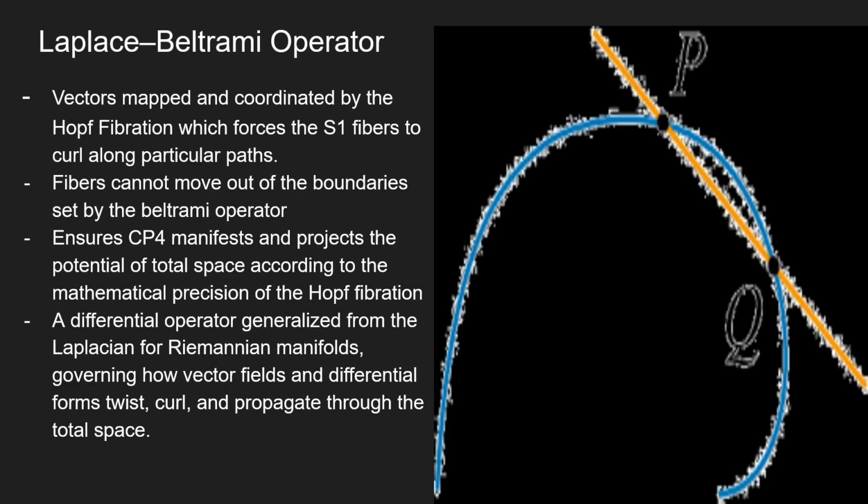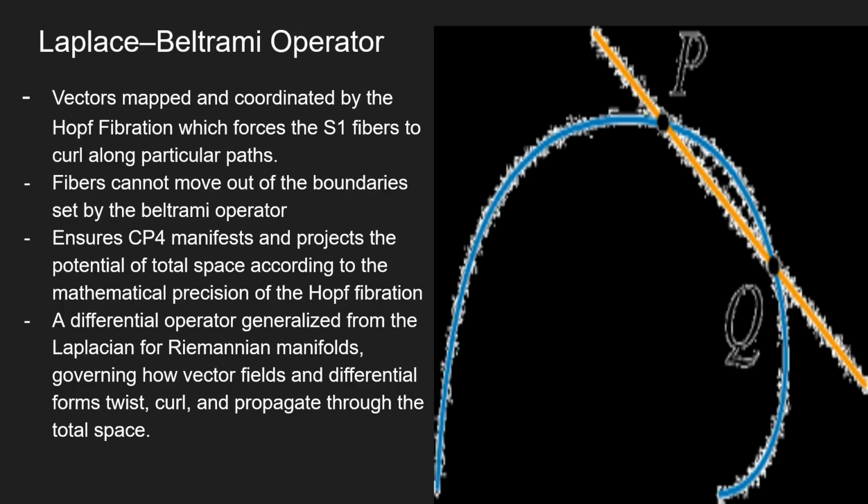So fibers cannot move out of the boundaries set up by the Beltrami operator, because the Beltrami operator is basically this curvature that forces these straight lines to stay within the curvature. There's no moving out of the Beltrami operator